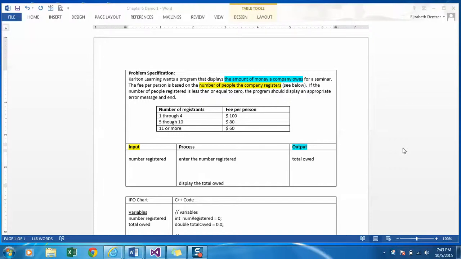This program will demonstrate how to solve a problem using a nested if. This nested if will be based on the content of one variable. So, our problem specification. Carlton Learning wants a program that displays the amount of money a company owes, that's our